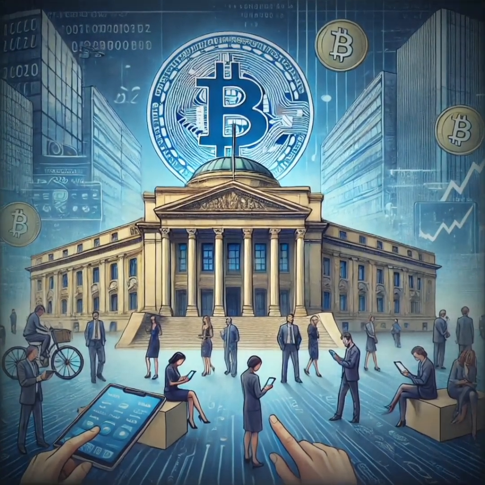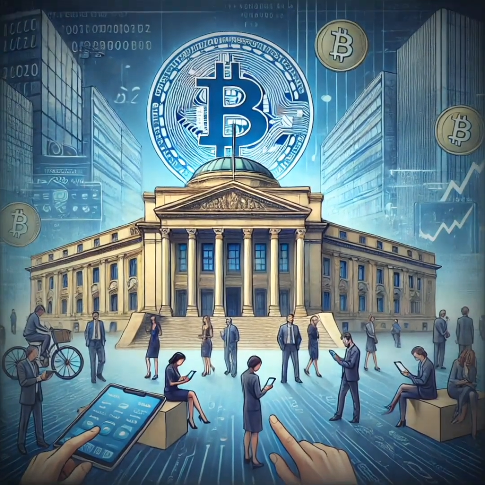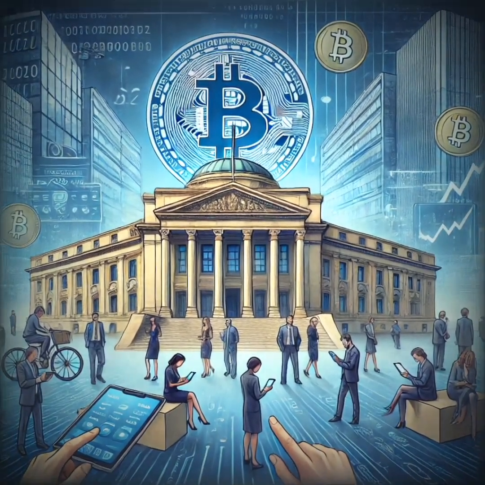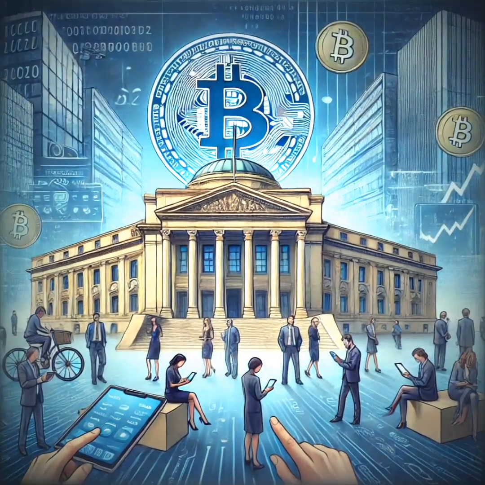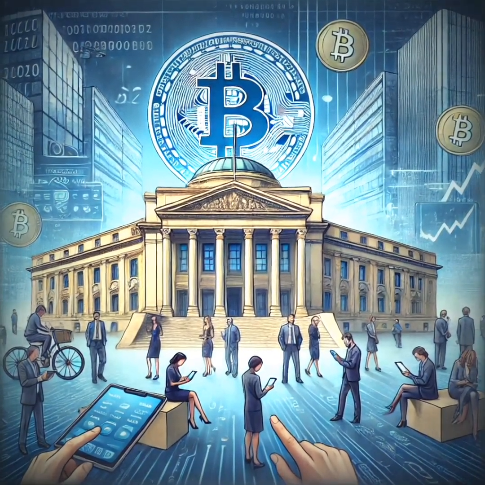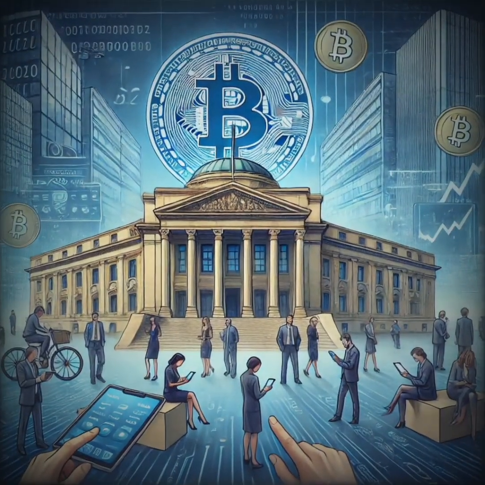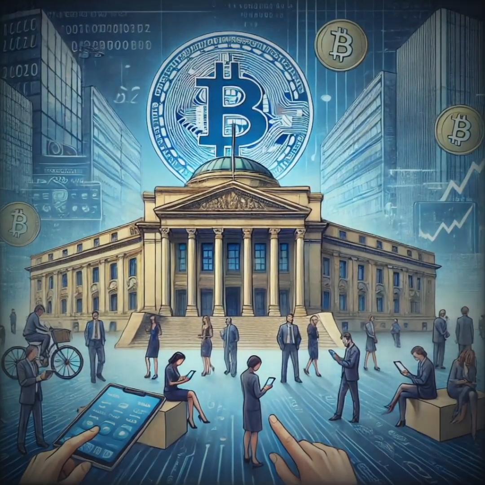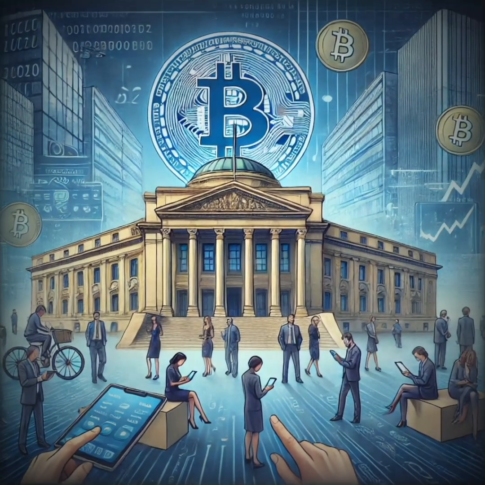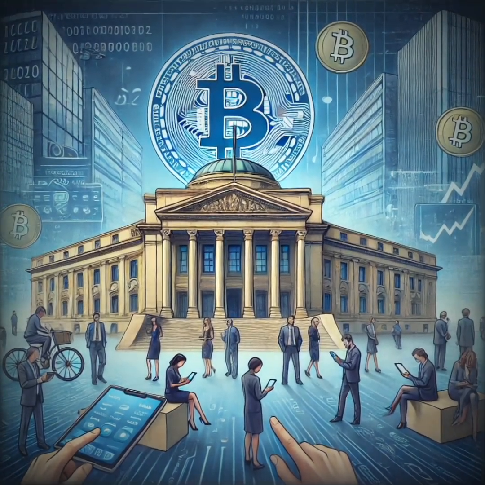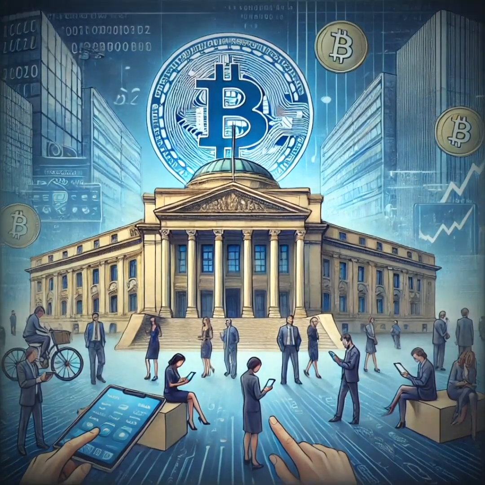The final blow to the gold standard came in 1971 when the United States, under President Richard Nixon, suspended the convertibility of the US dollar into gold. This move effectively ended the gold standard and ushered in the era of fiat money. Fiat money. Fiat money is currency that has no intrinsic value but is established as legal tender by government decree. Unlike commodity money, which is backed by physical assets such as gold or silver, fiat money derives its value from the trust and confidence of the people who use it.